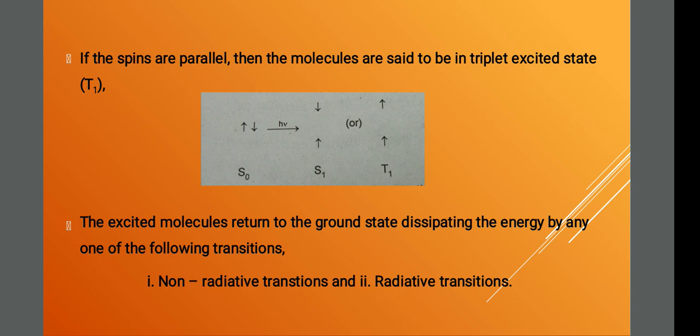Normal molecules have both electrons rotating. When they absorb light, they get excited and go up. If the spins go parallel, we call it the triplet excited state; if anti-parallel, we call it the singlet excited state. Is it okay? It will not stay there, it will be coming down. When it comes down, we divide the transitions into two types: one is radiative transition, another is non-radiative transition. And the continuing topics we can see in the next class.